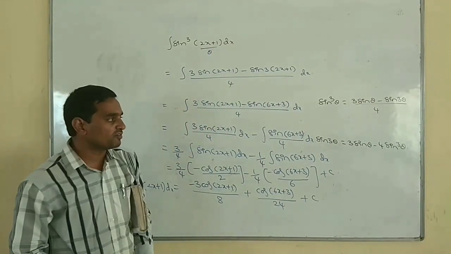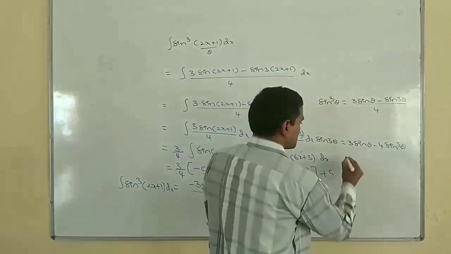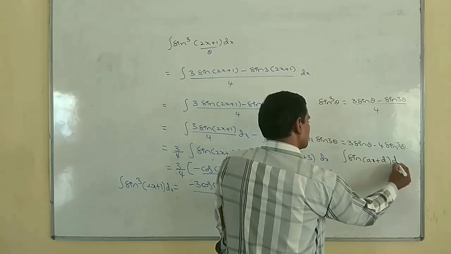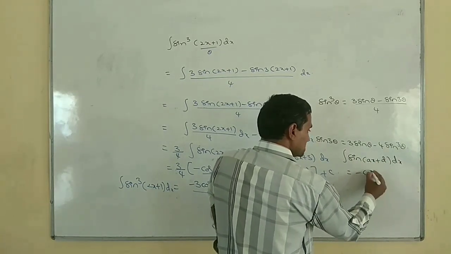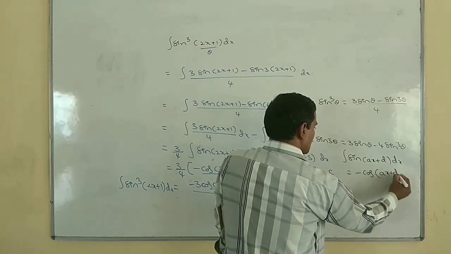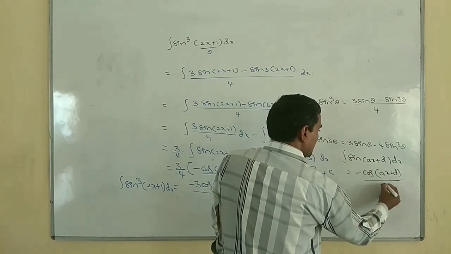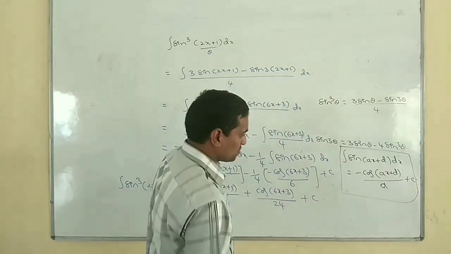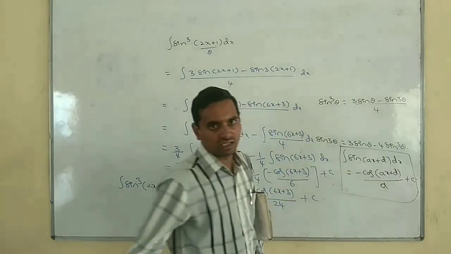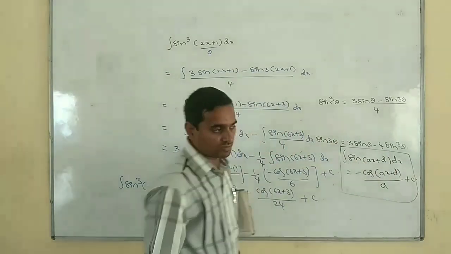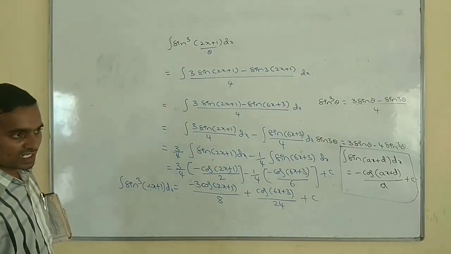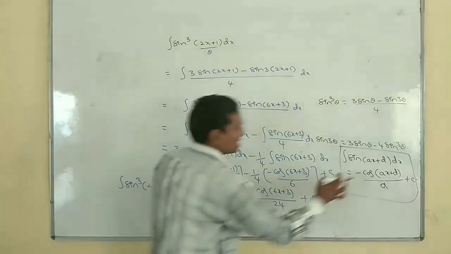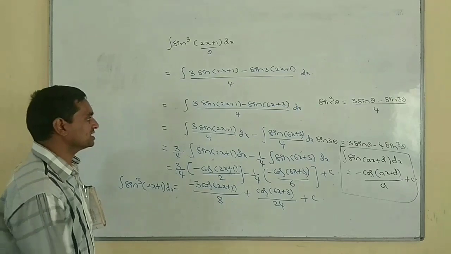Now it is in the form of integration of sin(ax plus b) dx, which is minus cos(ax plus b) divided by the x coefficient a, plus c. If you want to prove it, follow the previously explained procedure, assuming the inner expression as t. I explained this in the last class also, among the formulas. Directly, the previous formula type applies, only the x coefficient comes in the denominator.